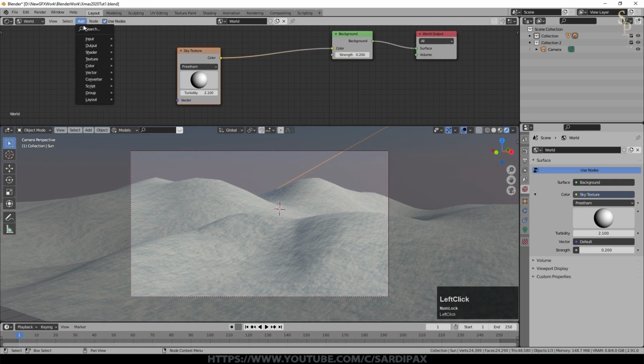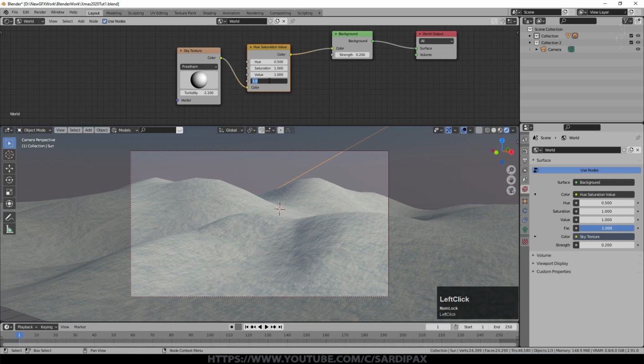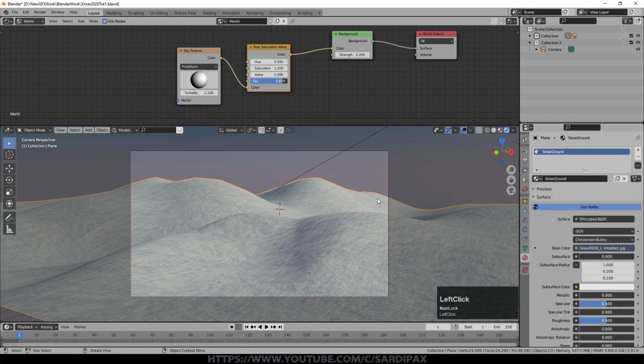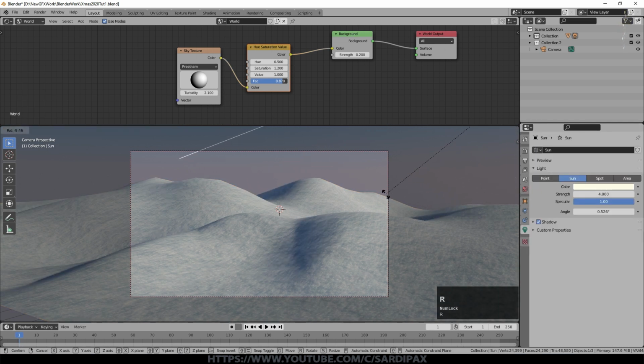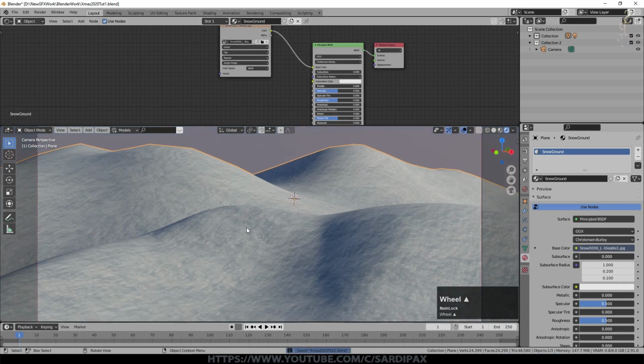And then just to tweak it a bit, I added a hue saturation node. I put the factor at about 0.87, and I put the saturation at about 1.2, just to sort of increase the colours. You can see we've got a slight sort of pinky colour fading to blue as it goes up. So back to my materials, just alter the angle of that sun a little bit just to give us a bit more shadow there, and change this back to object.